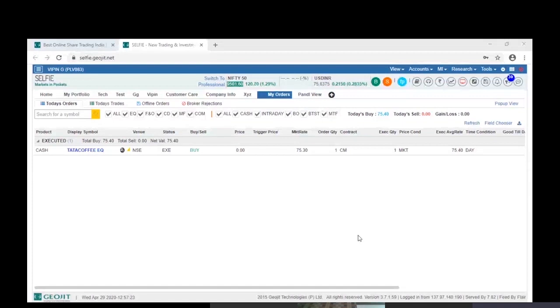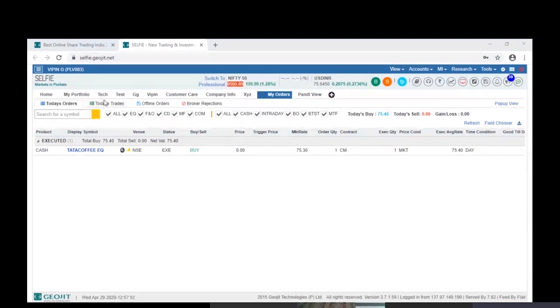You can correlate the product or the price conditions in mobile also. So now we have just explained the creation of watch, how the scripts can be added, how the trade book can be viewed, how the order book can be viewed, how the portfolio looks like, how you can go to the past transactions, etc. These things remain the same even in the mobile device. Now let us see how the fund movement takes place through the selfie platforms.